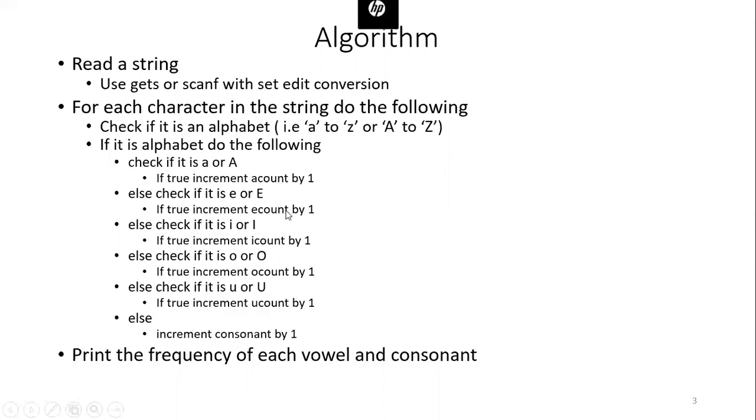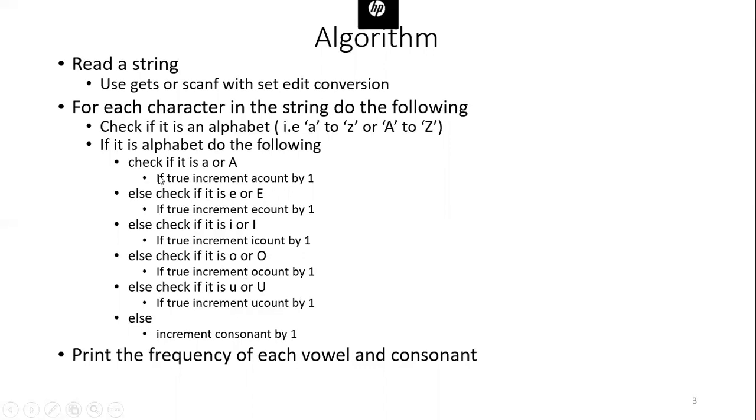If it is not E, then you check whether it is I or not. If it is I, you increment I count by 1. If it is not I, you check whether it is O or not. If it is O, you increment O count by 1. Otherwise, you check whether it is U or not. If it is U, you increment U count by 1.